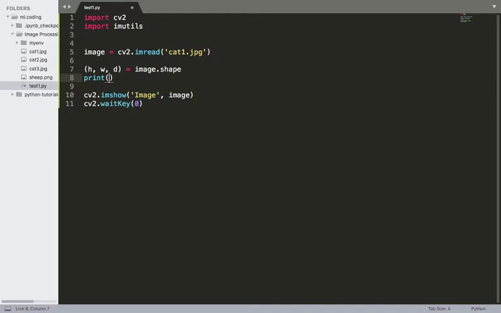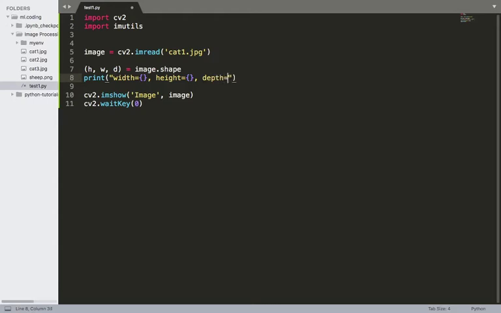So we give the variable width, equal to, and it will print the integer value. After that height, height equal to, and then width, height, and depth.